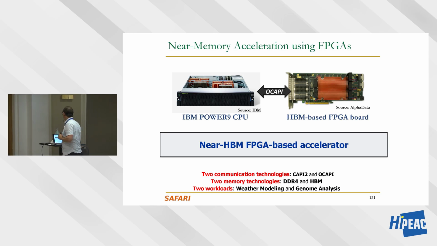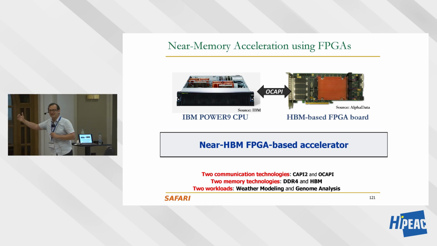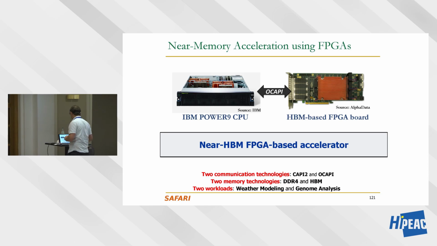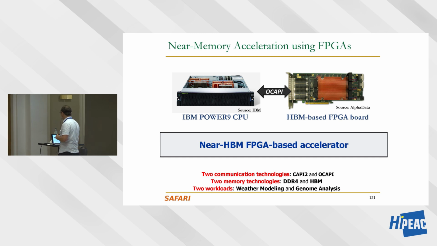Essentially, IBM had a flexible interface called OCAPI, which is very similar to CXL today, with some differences, but no fundamental differences from my perspective. It's a flexible interface that can enable you to offload things to stuff that's far away from the CPU. And one of the things that you could offload things to was an FPGA board with high bandwidth memory attached